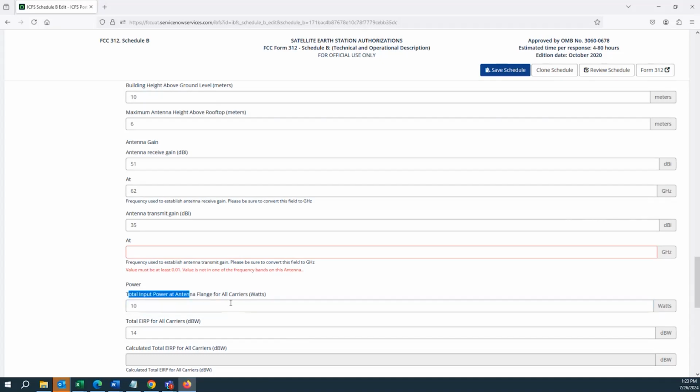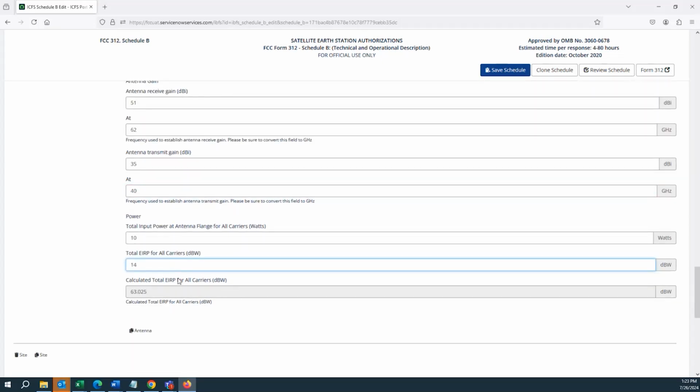The total input power at antenna flange for all carriers, and the total EIRP for all carriers. And this calculated total EIRP for all carriers is calculated off of these two fields right here. So if you change either of those values, it will change this calculated value right here.